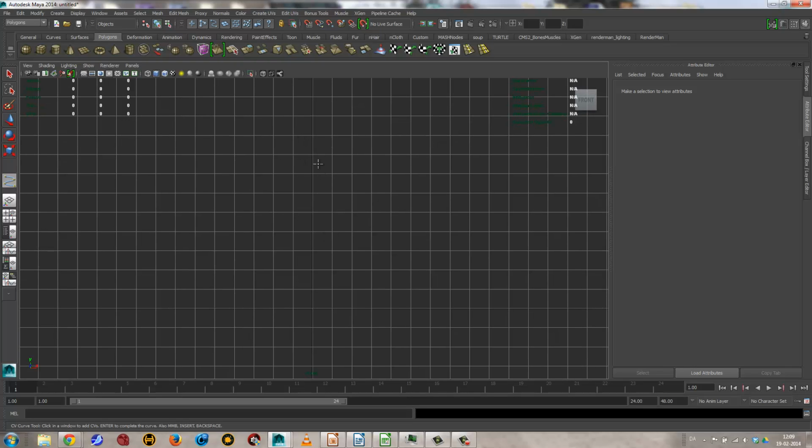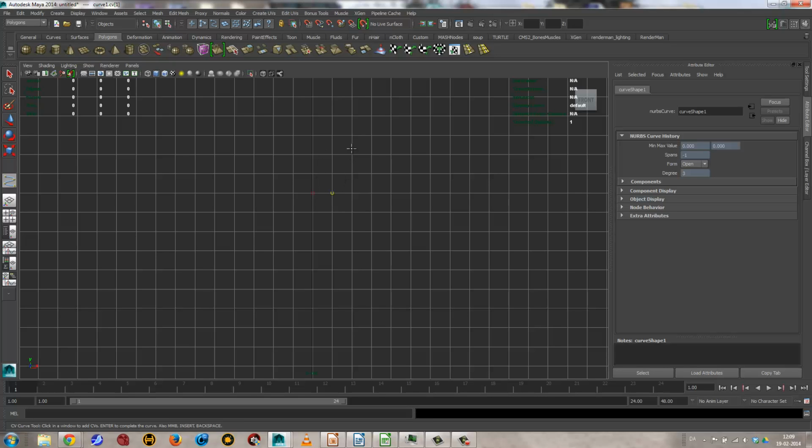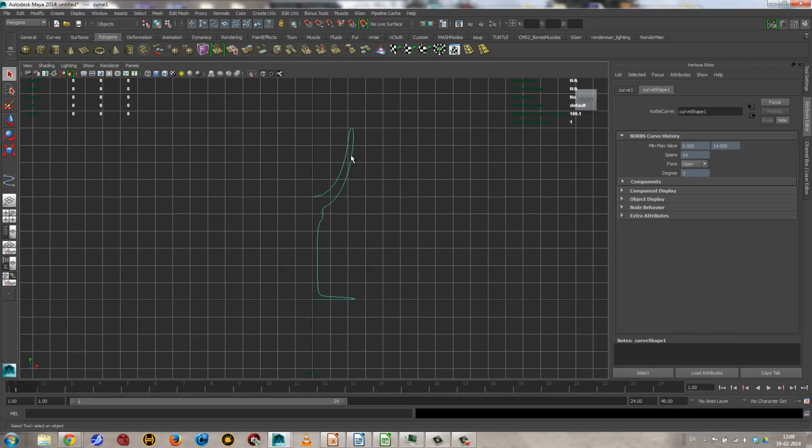I hold the X key to snap, and I can see there's this dark line here. This is the center. So I will just add a couple of curves here. I'm actually doing something wrong here, but I'll just explain that in a second. So as you can see, I'm building this clockwise, and you will typically want to build this counterclockwise, and I'll show you in a second why that is. Okay, so enter to end. So this is half a cross section